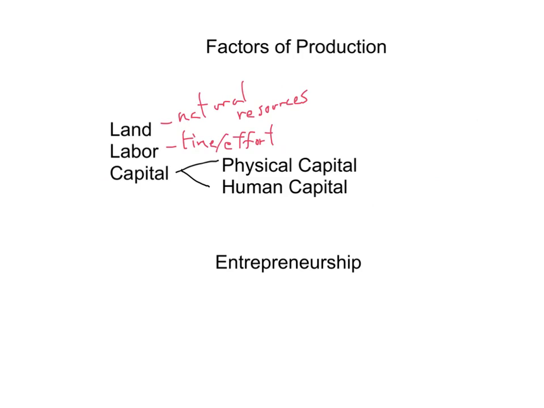We're going to say there's physical capital, which is just man-made tools that help us do production. And there's human capital, which is skills and knowledge. Education, that's human capital. That's what you're here for. I can't spell knowledge. Anyway. Okay, and then finally we also want to talk about entrepreneurship, which is the initiative to bring all this stuff together.